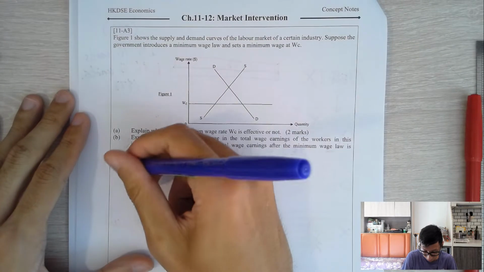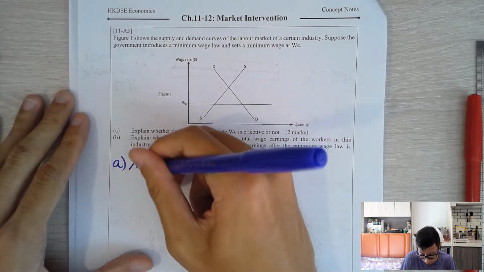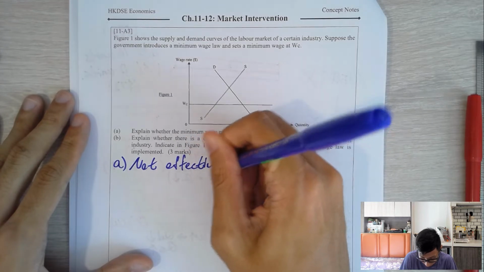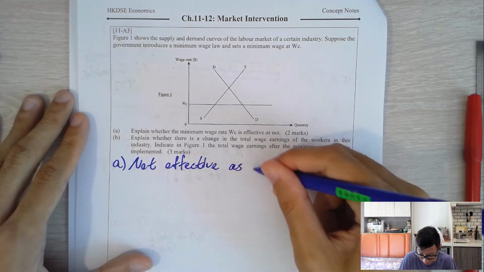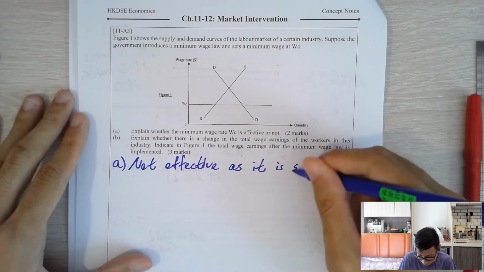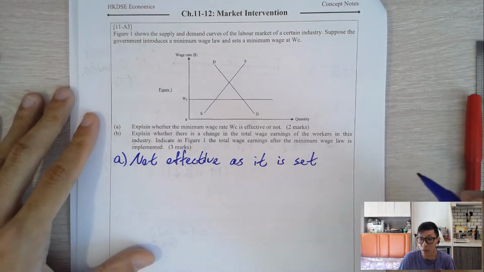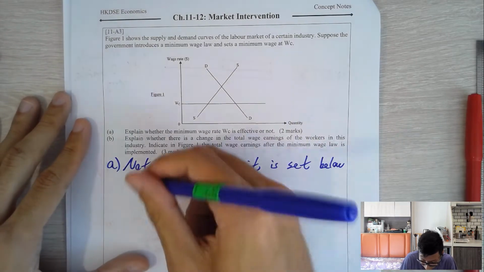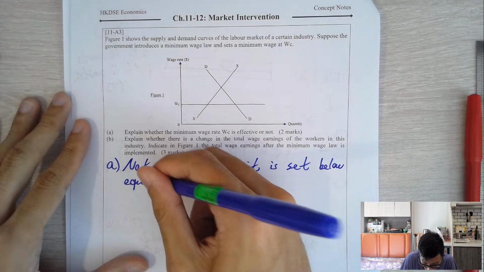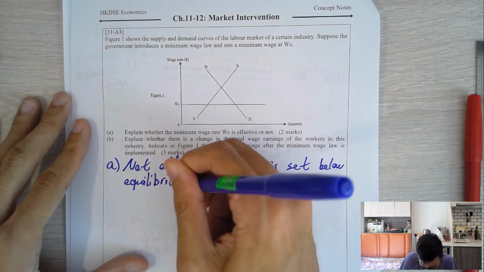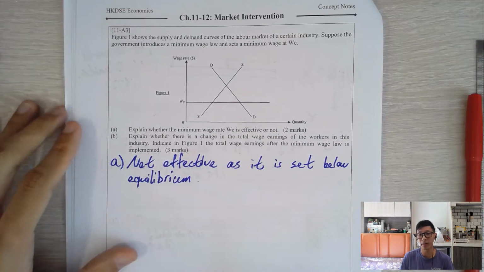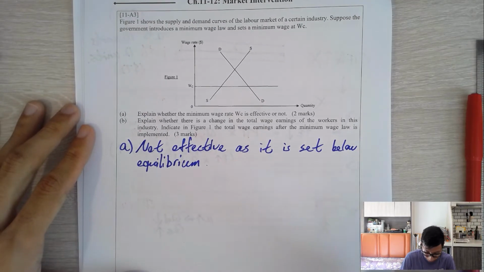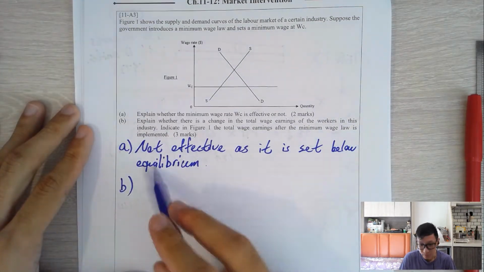Whether it is effective or not, okay, this is not effective. 好啦，點解 not effective 啊？As it is set 嗱，唔好話 too high too low 啊，係 set below equilibrium。OK，你睇到啦，有啲樣衰啊，但係睇到得啦。